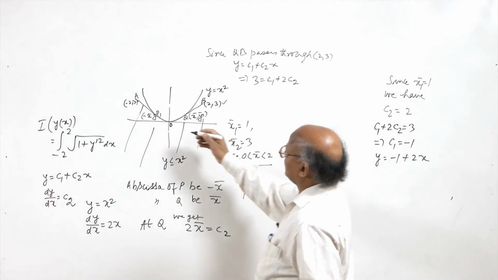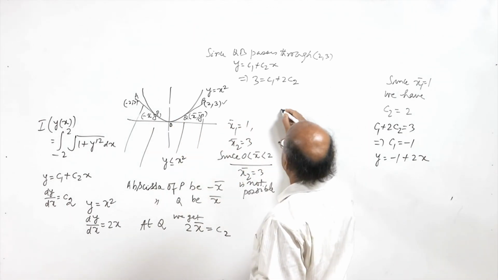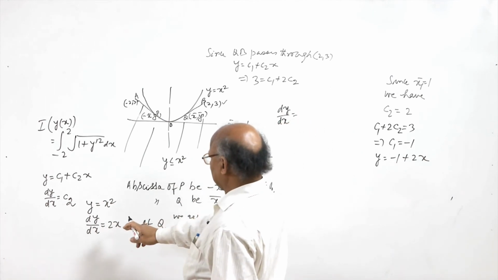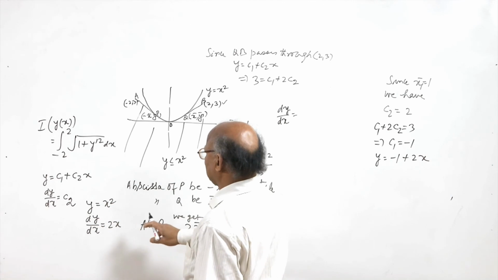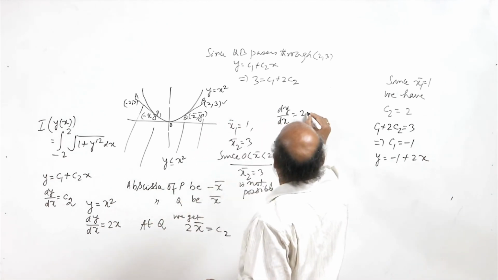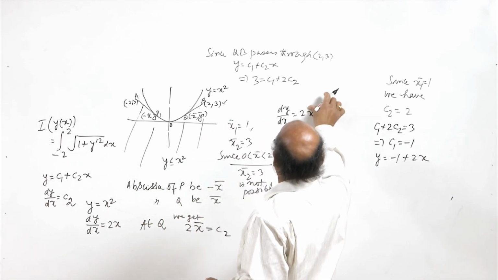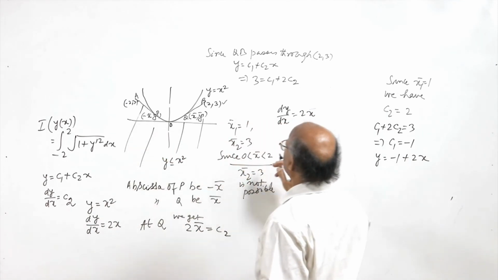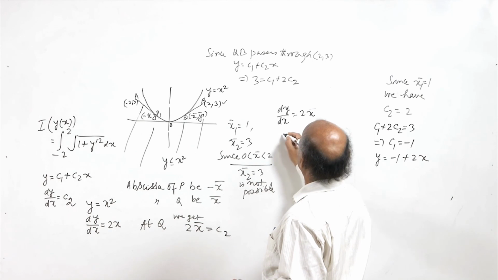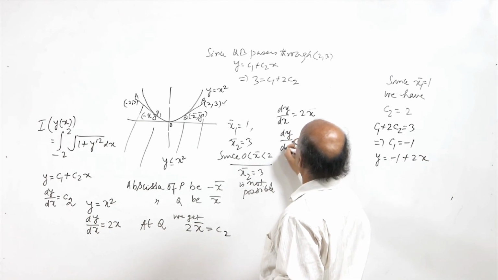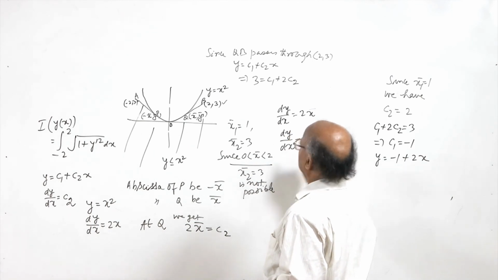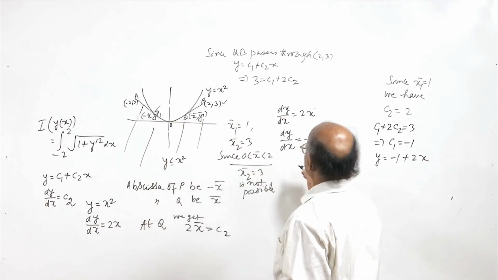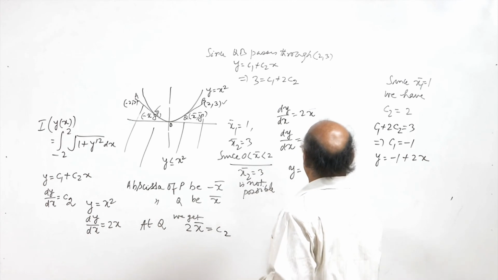So the slope of this line is dy over dx equal to 2x, and so 2x means x1 bar is equal to 1. So, minus x bar minus x1 bar. So dy by dx will be minus 2 at this point. Okay. So y will be equal to minus 2x